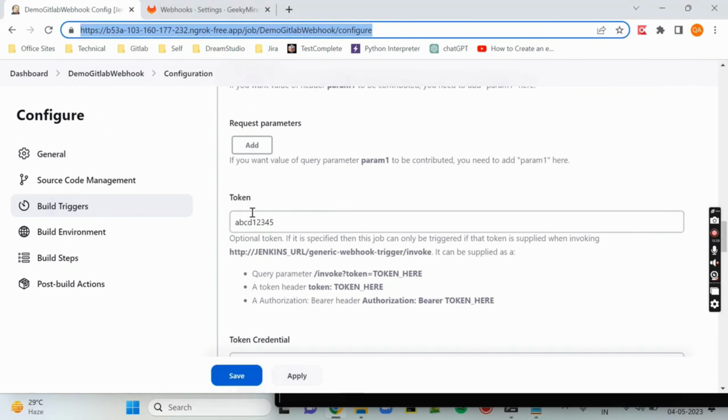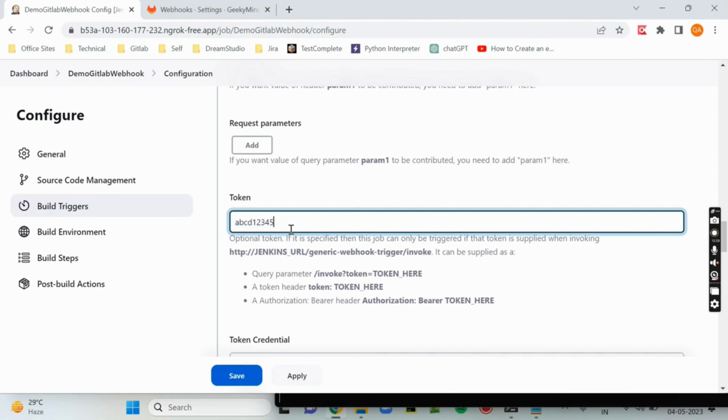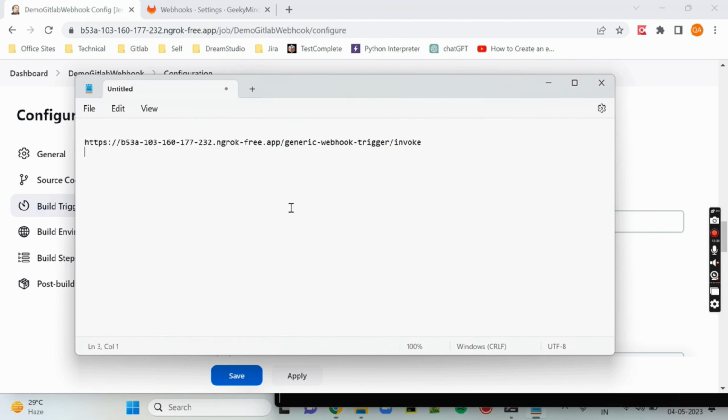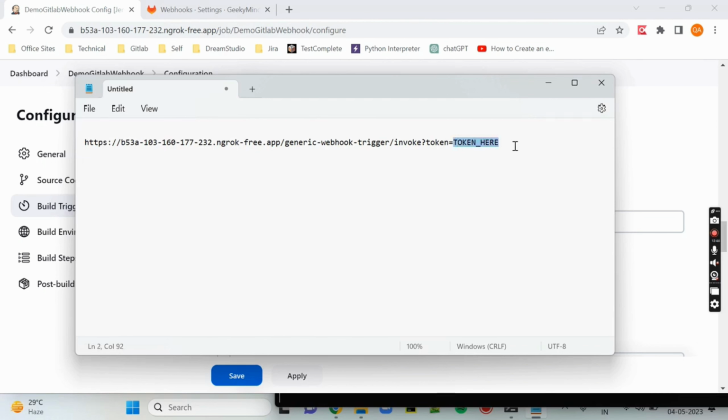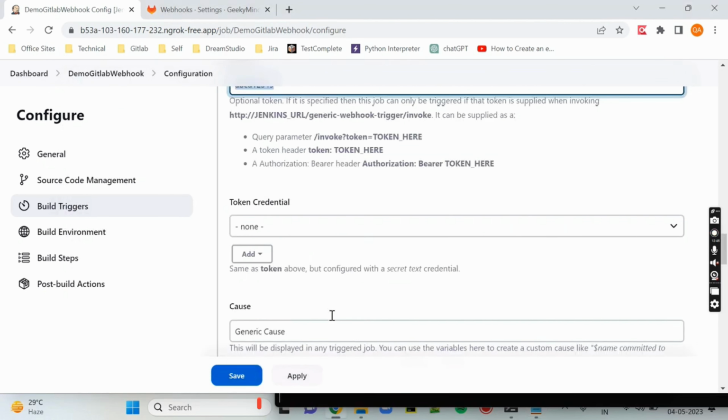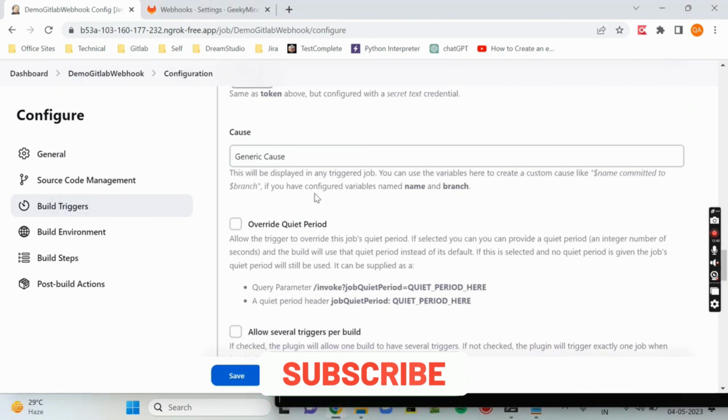Now there is one token also. Here you can give anything. I have given ABCD12345. The same token we will use in our webhook URL. So if you see this query parameter, we also need to append it at the end of the URL, and the token we need to give this. Okay, and